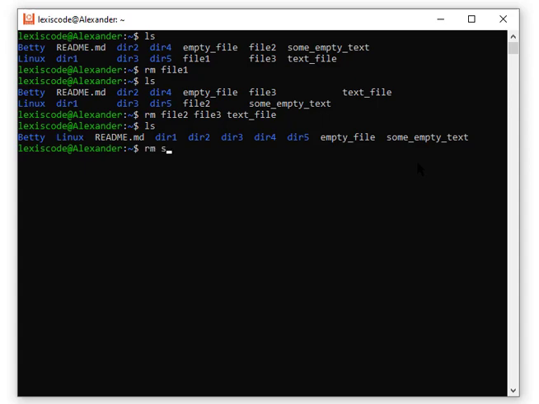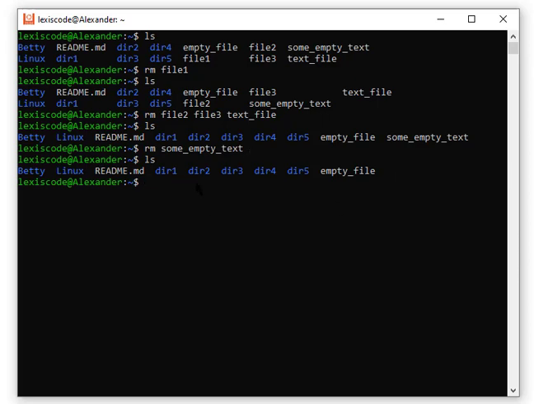Which one should I choose? Let me remove some empty text. So ls. Okay, good. So that's how to play around with it. How to play around with the remove command. Okay, so that's how to remove your